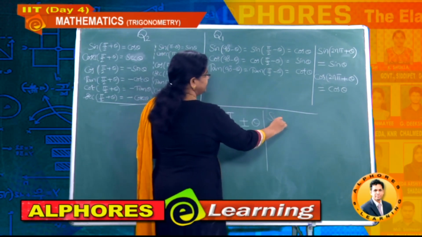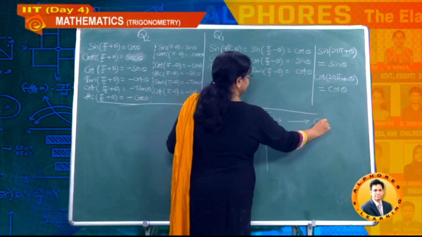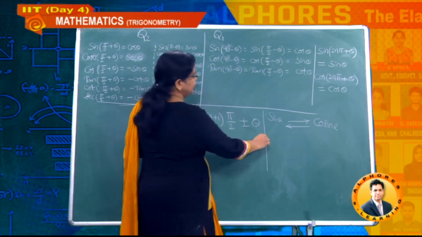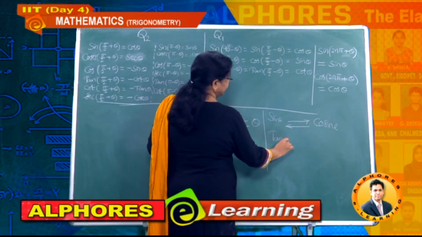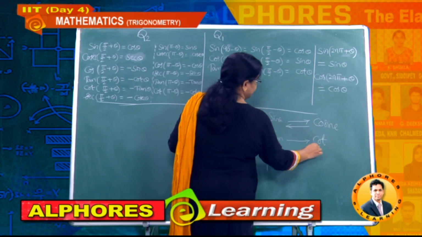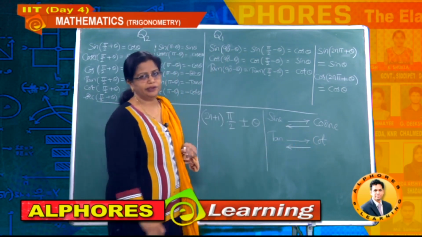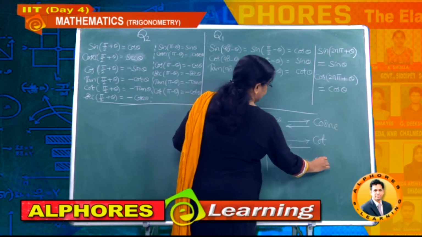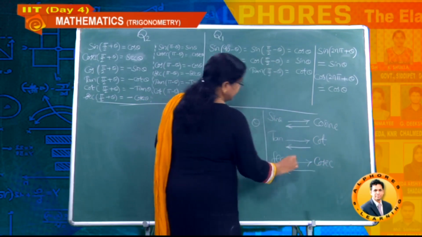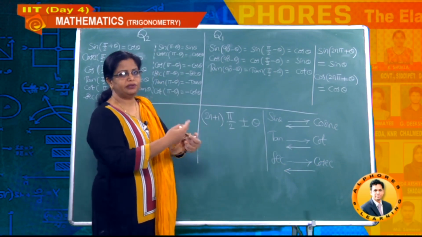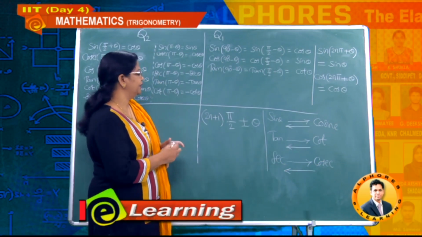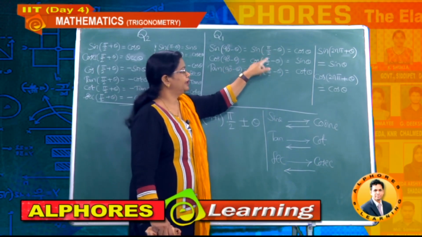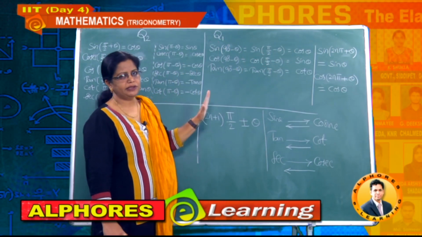How is the function changing? Sine changes to cosine, and cosine changes to sine, easy. Next, tangent changes to cotangent, and cotangent changes to tangent. And next, secant changes to cosecant, and cosecant changes to secant. Not new functions, those are interchanging, understand. So if you observe odd multiples of pi by 2 plus symbol or minus symbol, first the function must change.